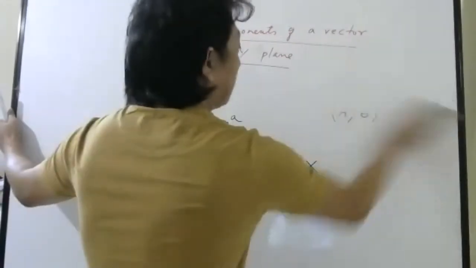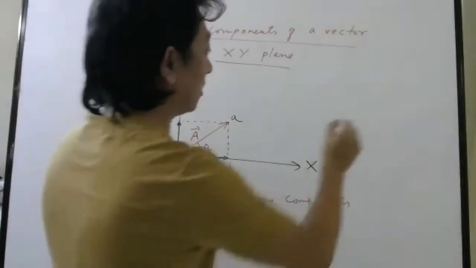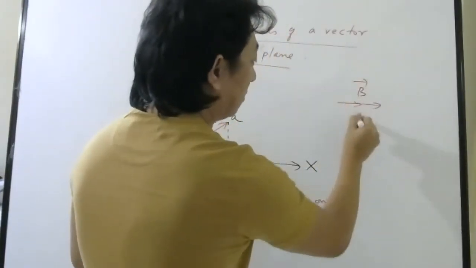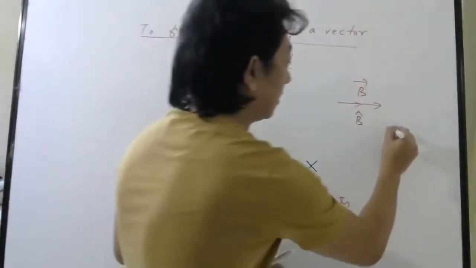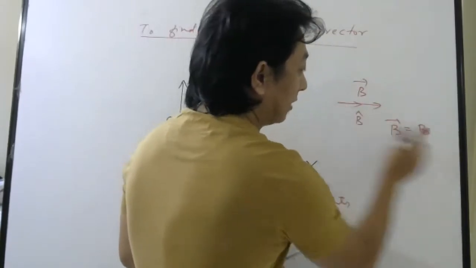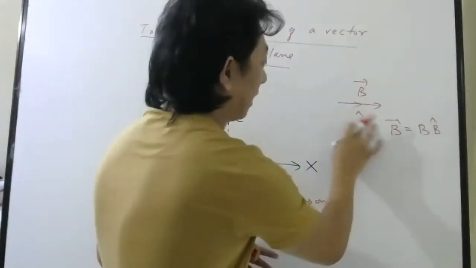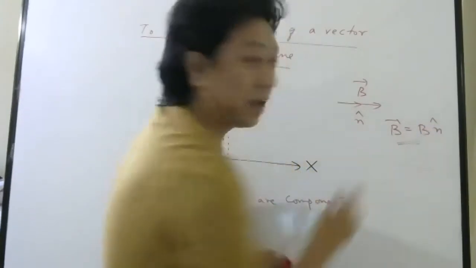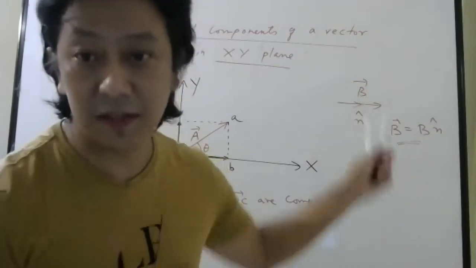So last time, if you remember, I told you any vector, suppose here there is a vector b bar and there is a unit vector b cap. Then the relation between b bar and b cap is: b bar is the magnitude of b bar, that is this length, into b cap. Now that b cap, you can write something else also. You can write n cap, then you have to put here n cap. Already I have explained this in the previous videos. If you have not understood, please revise this part.